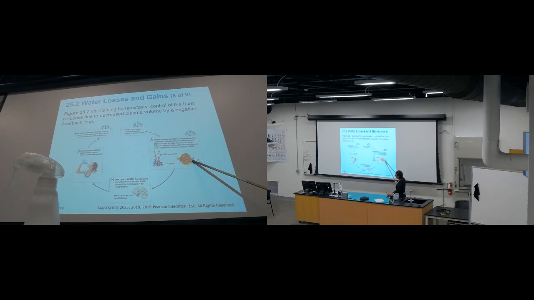And then renin will convert angiotensinogen into angiotensin 1. Angiotensin 1 goes into your lungs and will be converted into angiotensin 2. That will be a powerful vasoconstrictor. And then you will have aldosterone released from your adrenal gland,